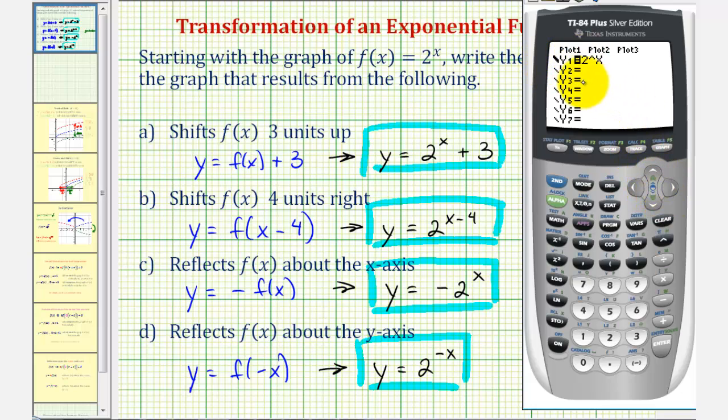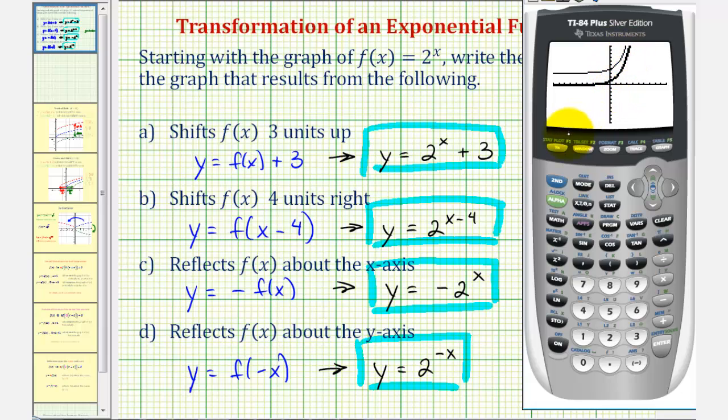Now we want to go to y2, so let's press the right arrow and then enter. And now we'll make sure this graph would be shifted 3 units up. So we have 2 raised to the power of x and then plus the constant 3. Now to make sure we have the standard window, let's press zoom 6. So there's the parent function,